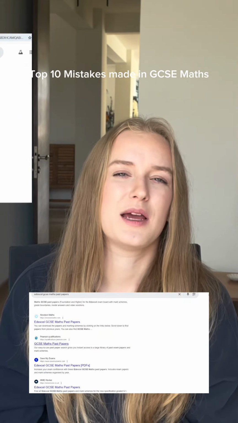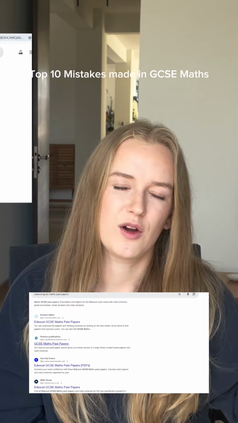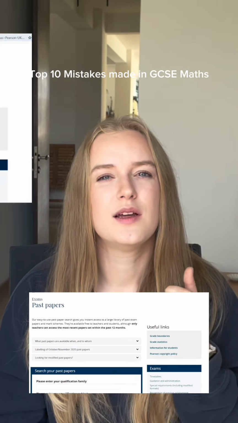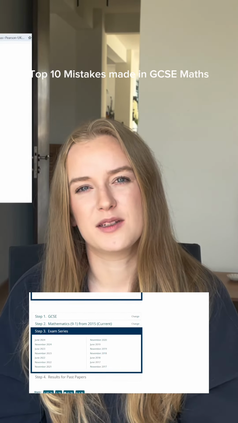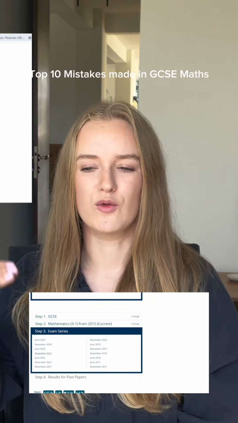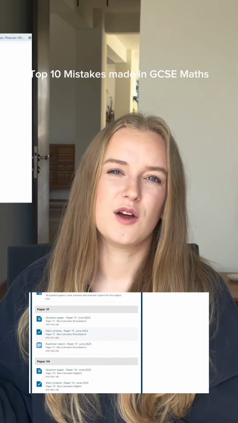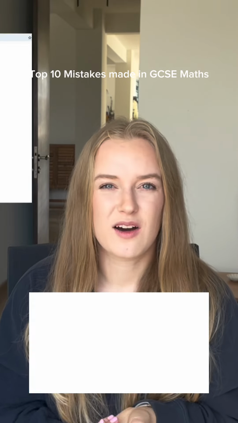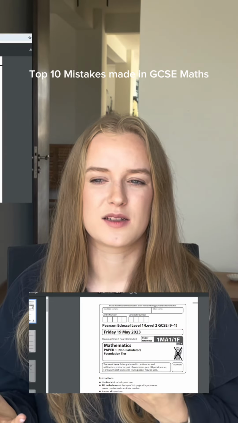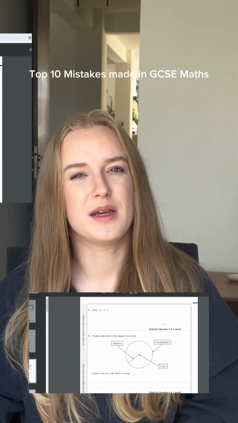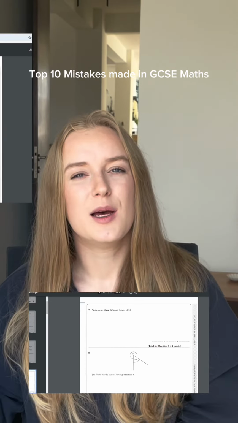Practice the past paper questions, not just what's in your textbook or your homework. Do the actual exam board past papers and mark them yourself so that you're reading the exam board mark schemes, so you can know not only what is it asking me, what are they likely to ask me when they word it a certain way, what does it mean, but also